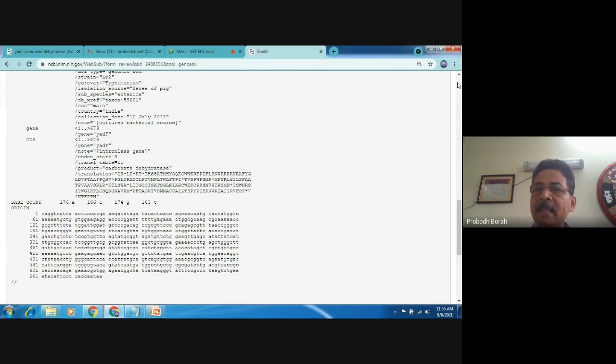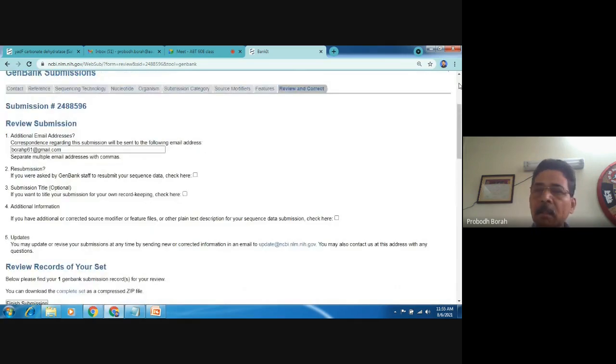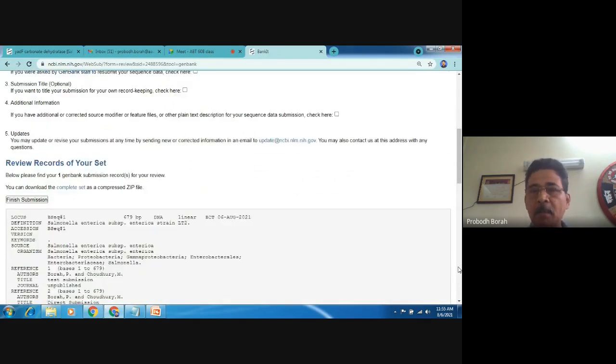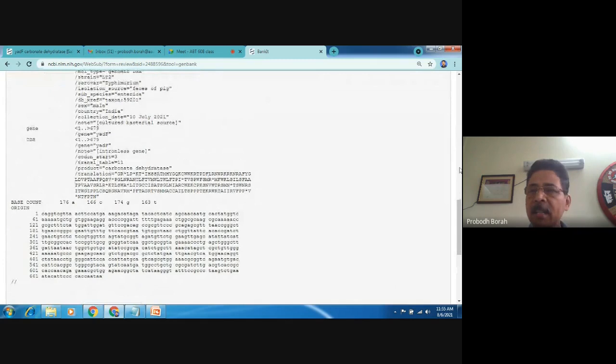So this is as it is normally appearing in case of any nucleotide sequence when you download from the NCBI website. So this has been given this format because we have put up the information in the required format.